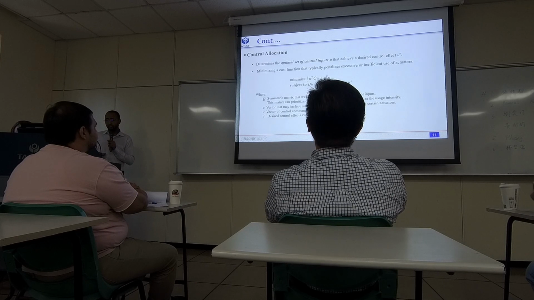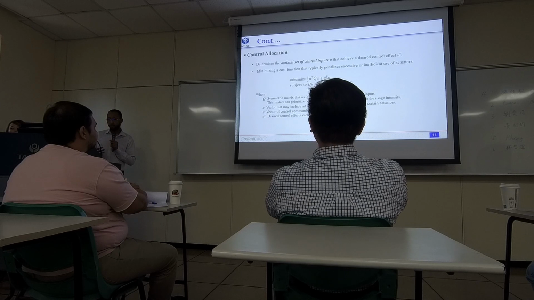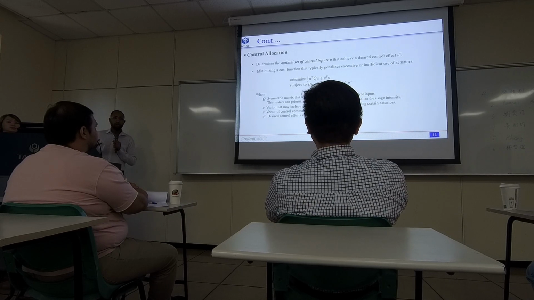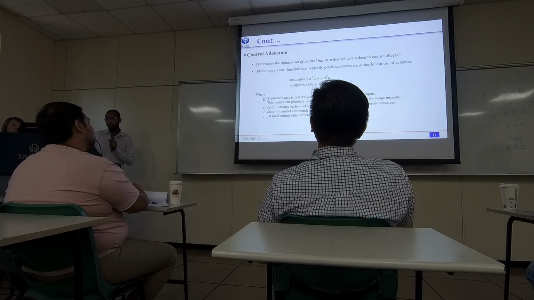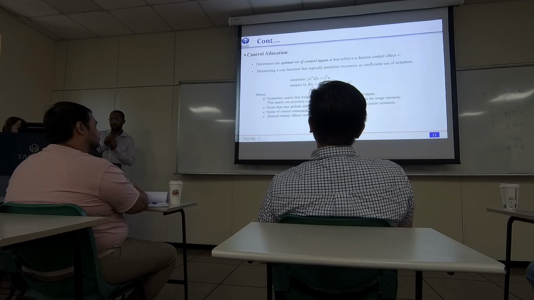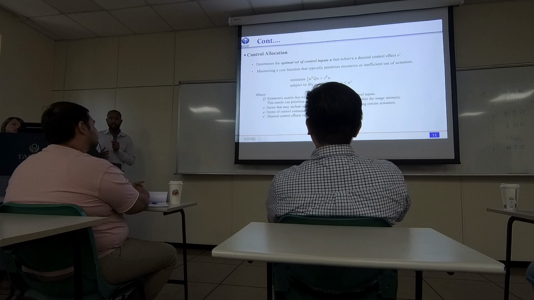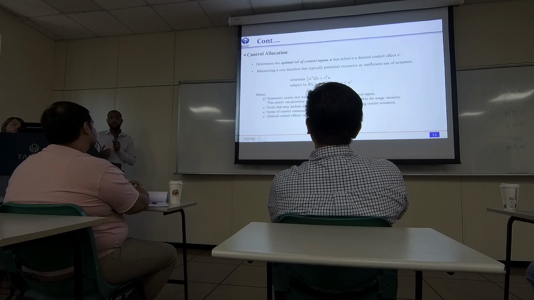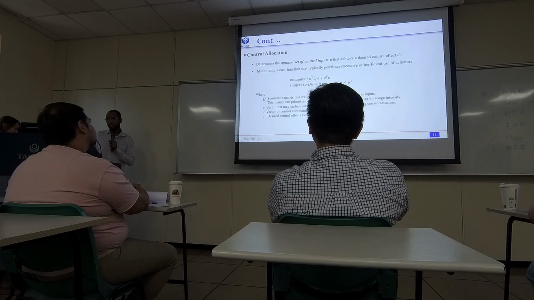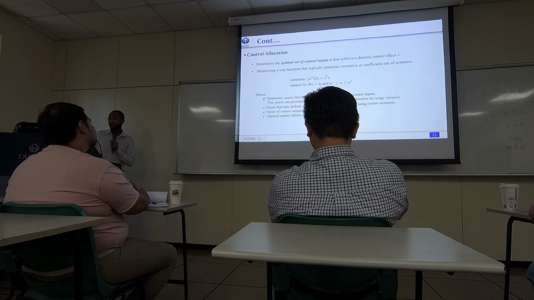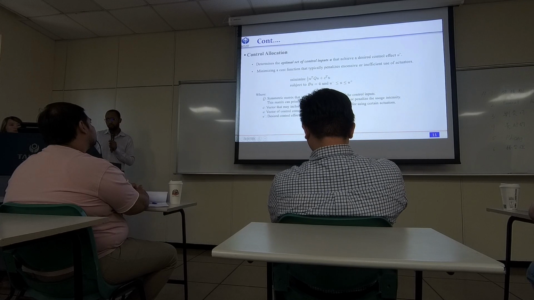So after optimizing the prediction model, we'll allocate a controller or a control action, which is to determine the optimal set of control inputs that achieve the desired control effect U. Since we may have a number of actuators, we have to choose the optimal actuator to give effect for the best actuation and control the state of the vehicle, which minimizes the cost function that typically penalizes excessive or inefficient use of actuators, and to minimize with this objective function